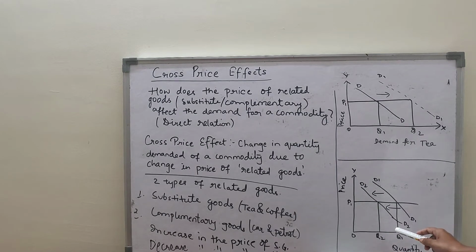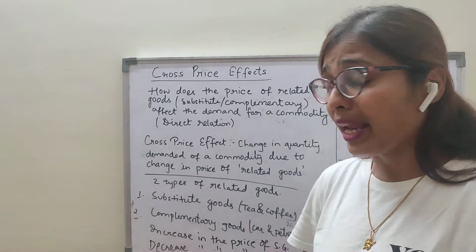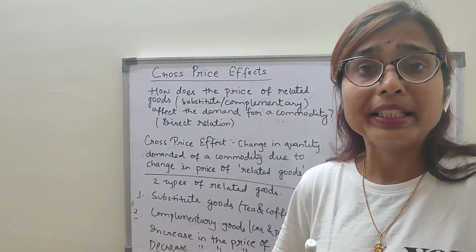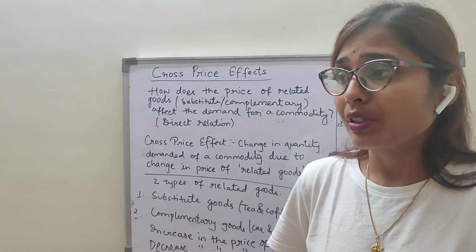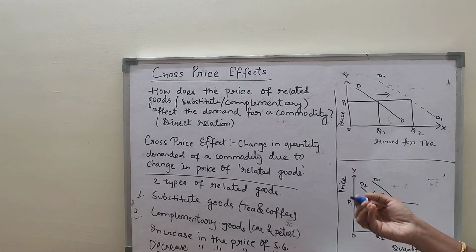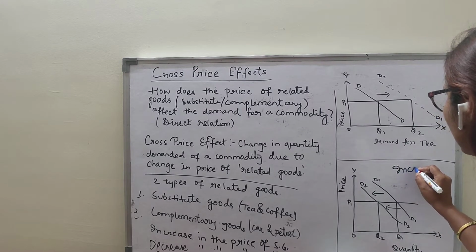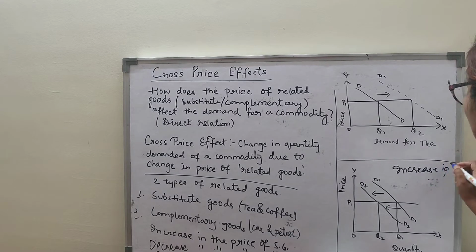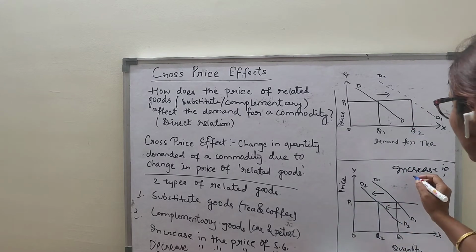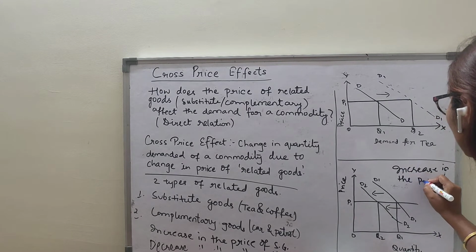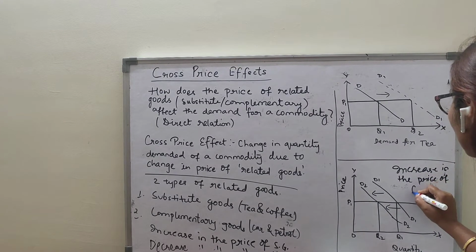See, the consumer will shift from D2 to D1 demand curve. This is a decrease in demand. Is it clear to you all? This is a decrease in demand and that is an increase in demand. Now, complementary goods. If I take car and petrol as example, because they are jointly used together. So, complementary goods. Now let us understand increase in the price of complementary goods. I am writing so that you don't get confused. I am just doing the opposite of this for complementary goods. Increase in the price of complementary goods. Clear?